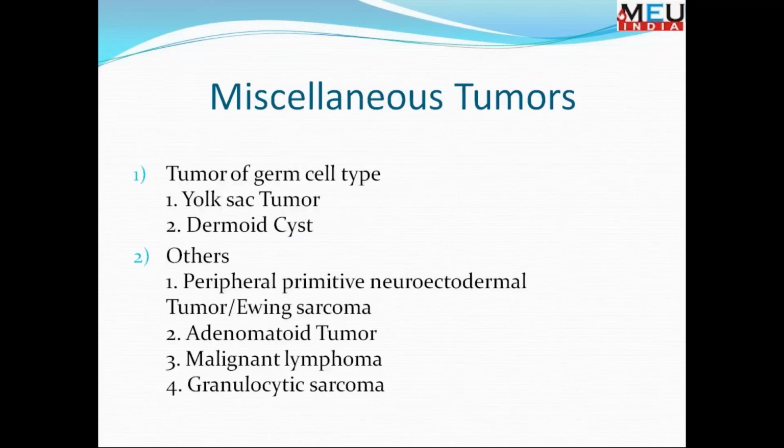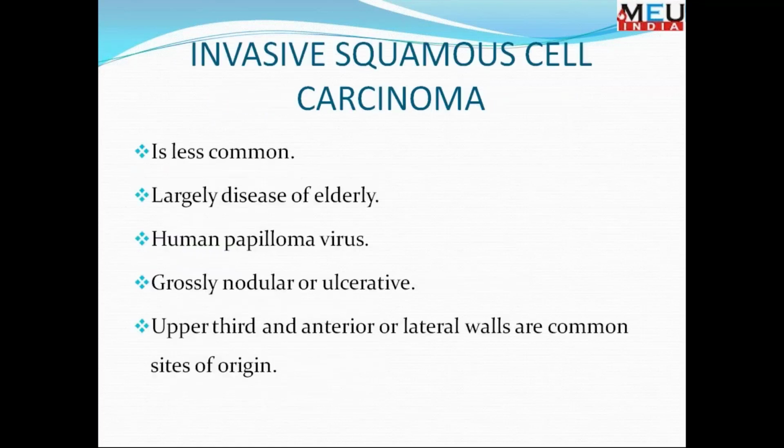The miscellaneous tumors involve the tumor of the germ cell, yolk sac tumors, dermoid cysts, and other peripheral primitive neuroectodermal tumors, Ewing sarcoma, adenomatoid tumors, malignant lymphomas, granulocytic sarcomas, and the invasive squamous cell carcinomas, which are less common in the vagina and largely are a disease of the